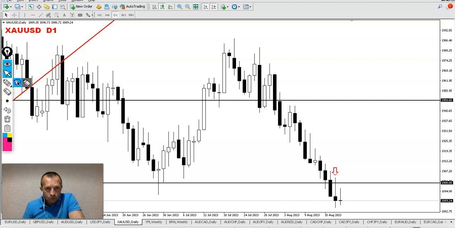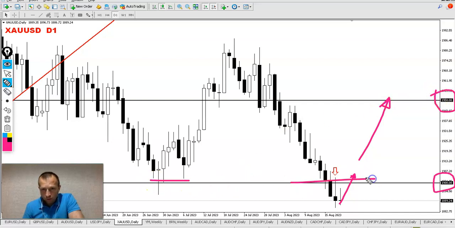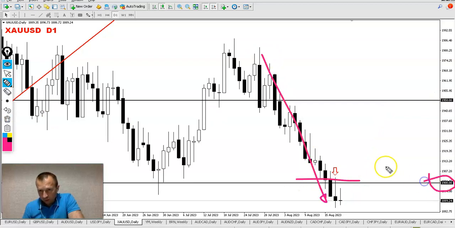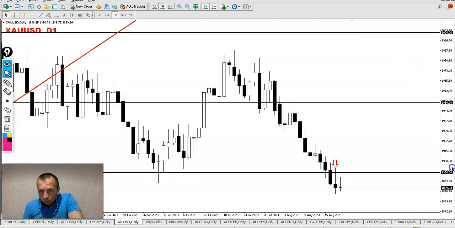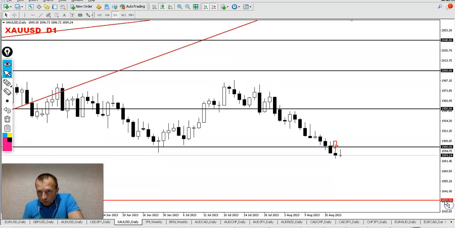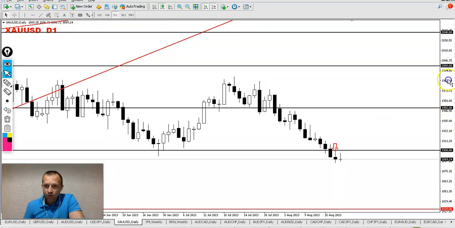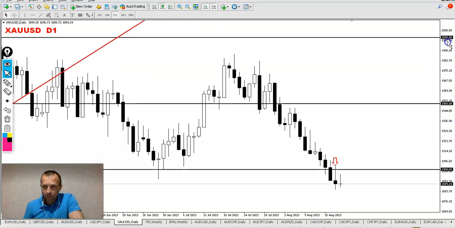So I suggest to wait for a pullback around 1900. But on the other hand, if you go above 1900 and continue to the upside, next target 1950. But so far you see sellers are pushing price to the downside and keep it below 1900. So bears need to defend this level 1900 now in order to push price down to 1830. It's the next target indeed. So I would suggest to sell on strength, guys.